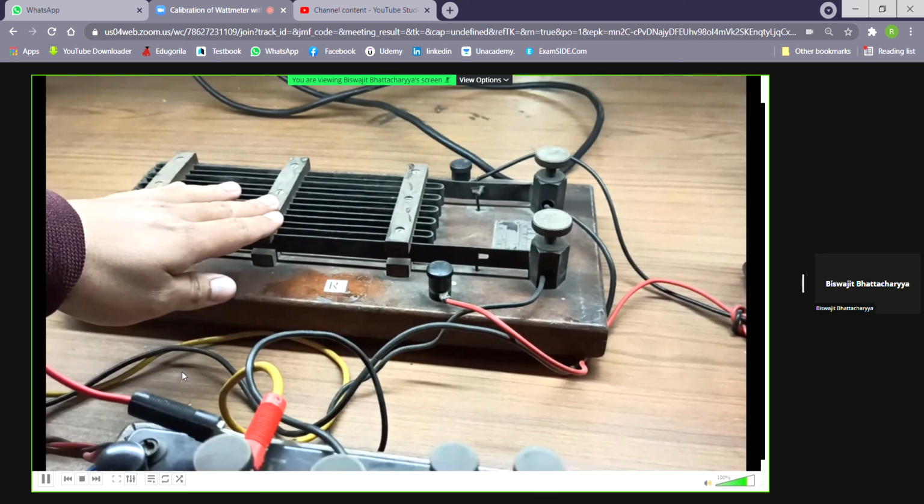Okay, that's fine. So we want to avoid the contact resistance. There is contact resistance not only in the current terminal, there is also in the potential terminal. So in both cases, we want to avoid the contact resistance in the case of potential terminals. The contacts are there in the potential terminal also.